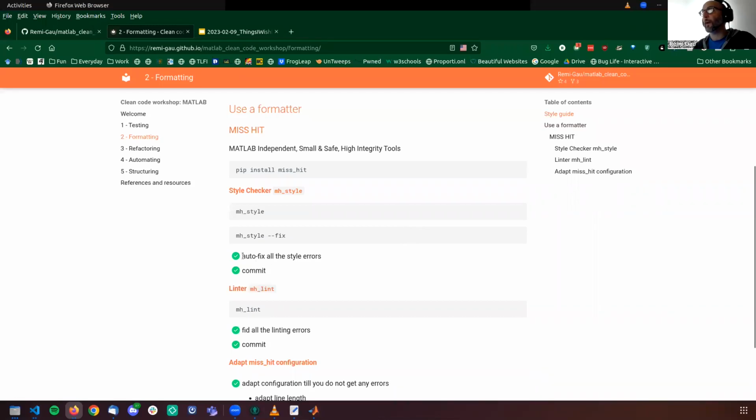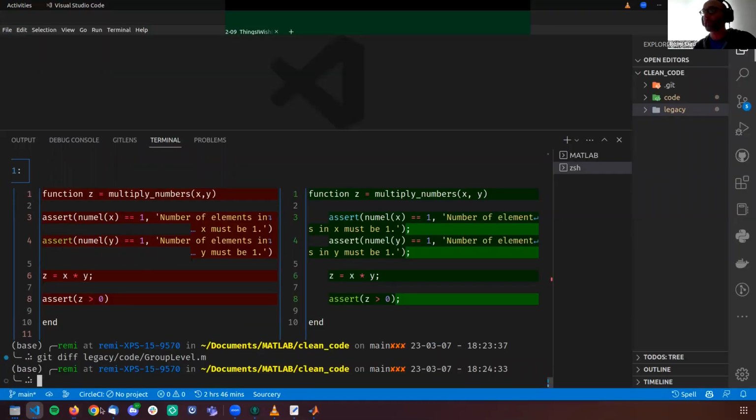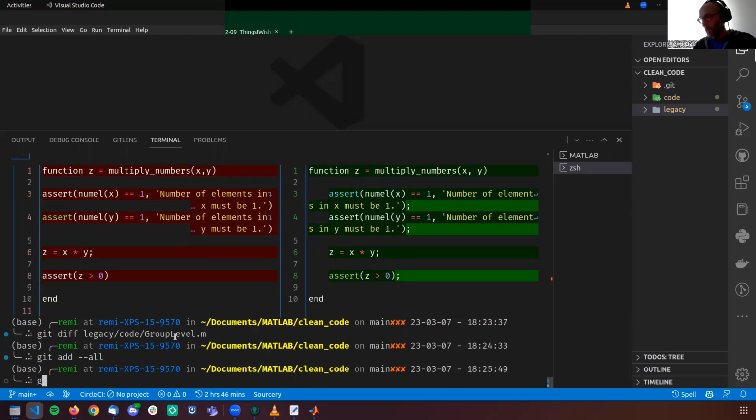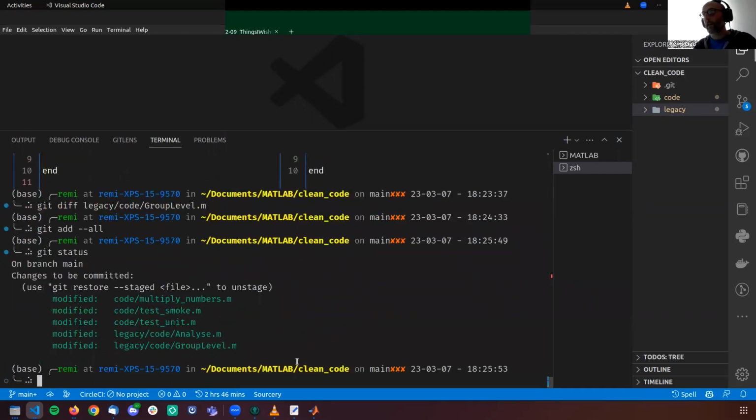And so now we've fixed all the style errors. So now we can make a commit to make a new checkpoint in the history of our code. So git add all. Now we can check that all our files are staged. Yes, they are all staged. So now we can make a commit.